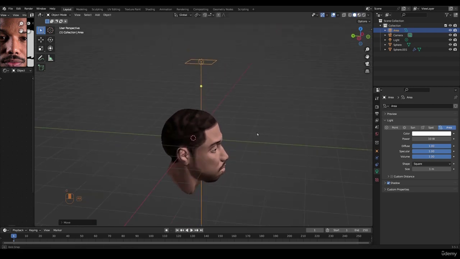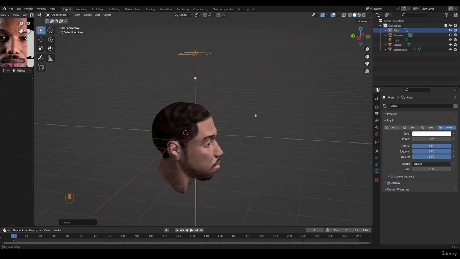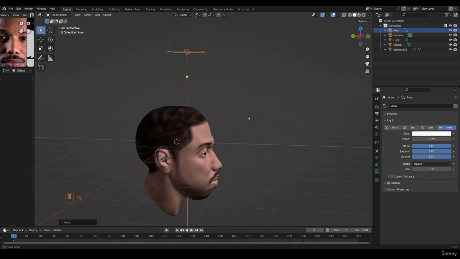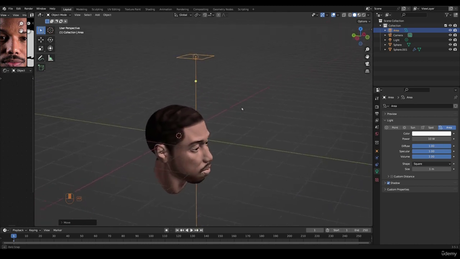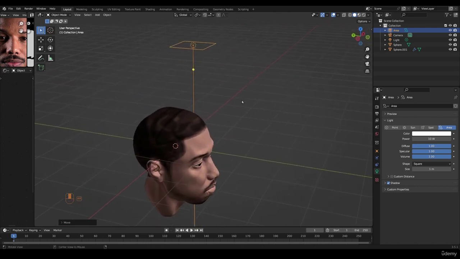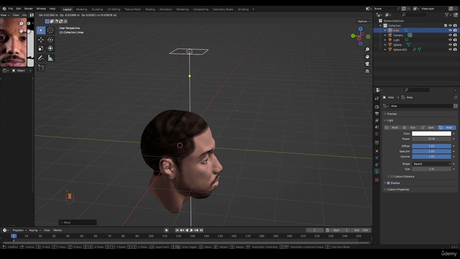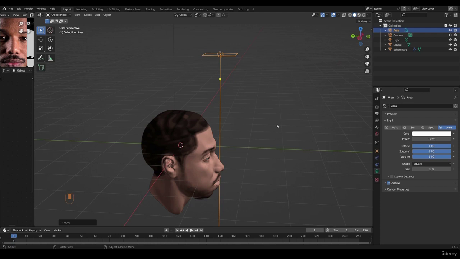So generally you want to put it above the head of the character, because in real life the artificial light is kind of basically above us, right? And it will just also give us some more nice shadows to work with. And I'm gonna go and move it forward, a bit more forward,